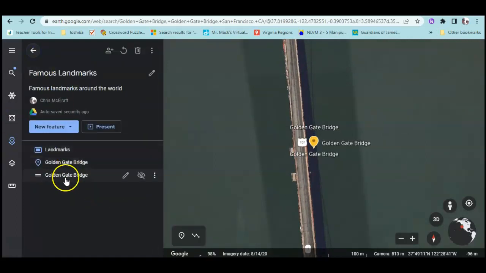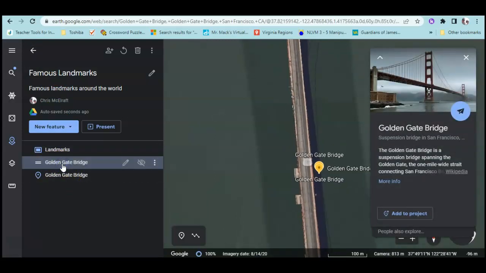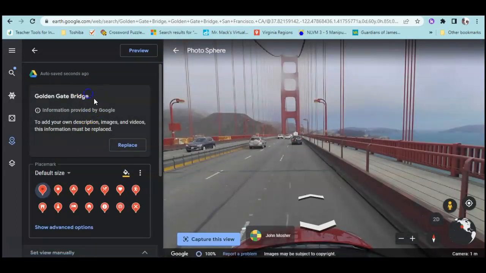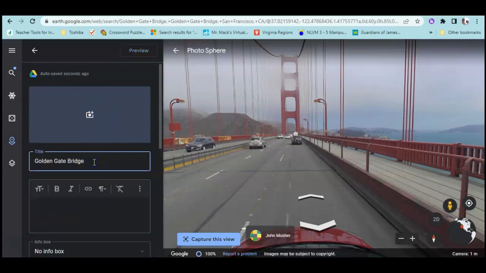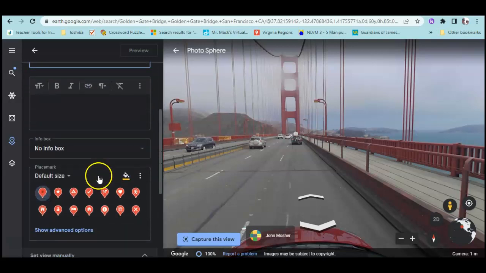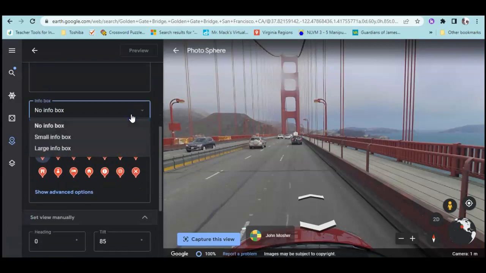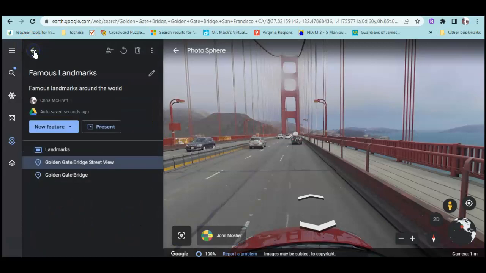And we'll go back, and here you can rearrange. So this is the Golden Gate Bridge. This is the first one, right? Okay, this is the street view. So I want to title that one Street View. Okay, and you can type in your own information here. And you can have different size information boxes, sorry. And now we're going to be done with that, and I'm going to rearrange this to where this one is up here. So I just dragged it right there. Okay, so now